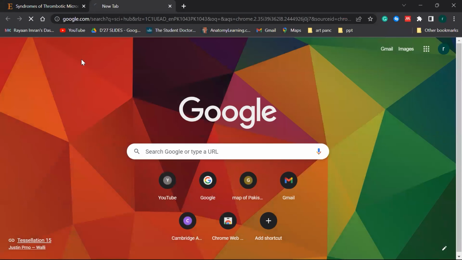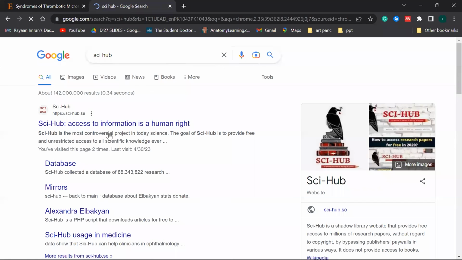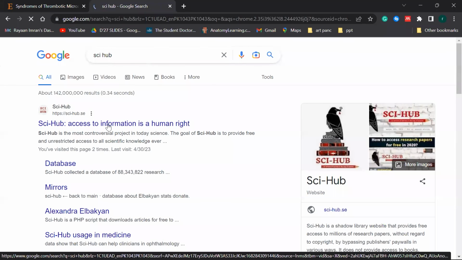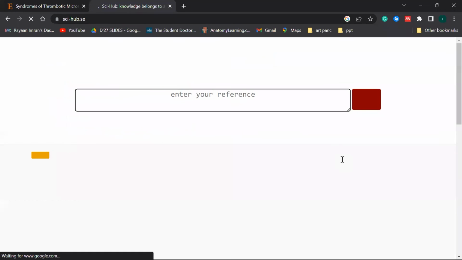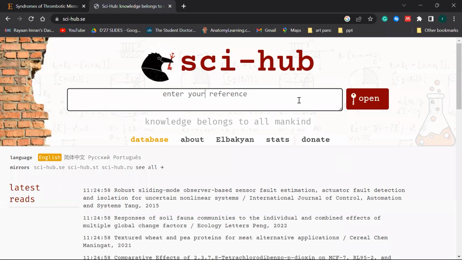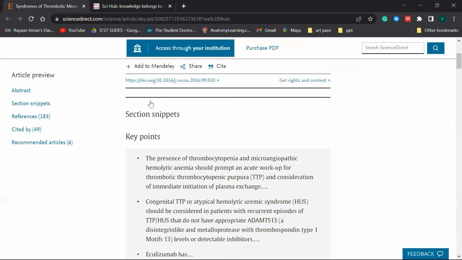See this, SciHub? Yep, Isha Zulfikar, perfectly correct. SciHub. You go to this website, okay, and you click on this. It's going to load up. And I'm so sorry for you. So sorry, guys. Not sorry for you, sorry for me. I should be sad, but okay. Enter your reference. So what is this, enter your reference? Remember, I told you about the identity card, the unique ID that you get for each article. That is the DOI right here.